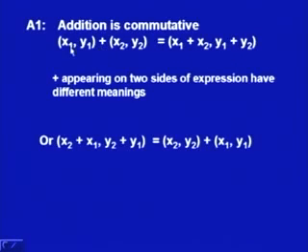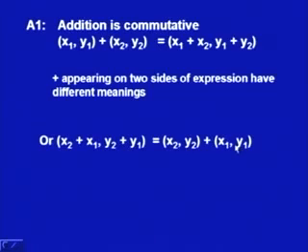Here the plus means we are adding two vectors, so it is between two vectors. So this plus means vector addition, while this plus means simply we are adding two numbers. So this plus refers to addition of two real numbers. So this is a real number, this is a real number, that is why we can write it as x2 plus x1 and y2 plus y1, and by definition this is equal to (x2, y2) plus (x1, y1),